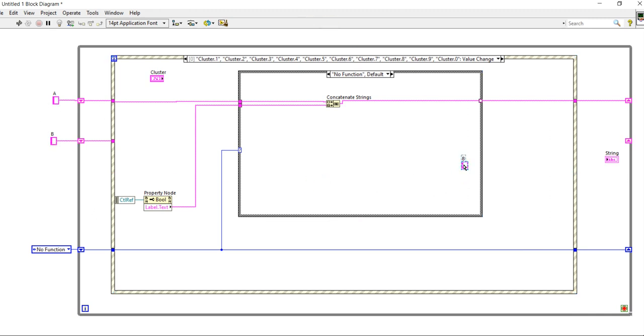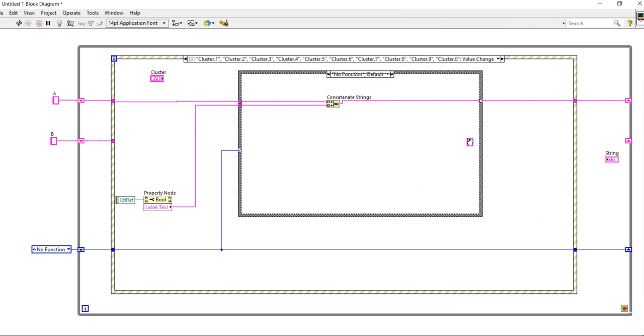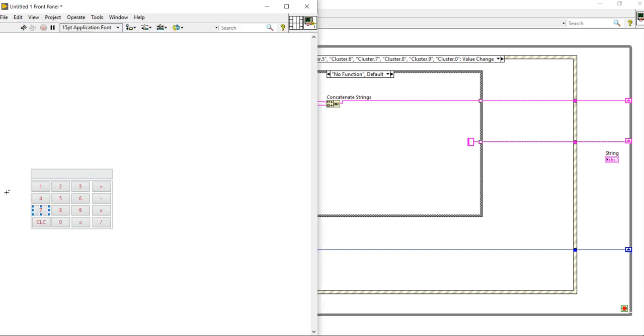Take a string constant here and make a connection like this. When you have done this portion, what are we doing? Whatever label is generated, label means we have our boolean, and when we try to read the label of the boolean, when you click 1, this is the label of this boolean.